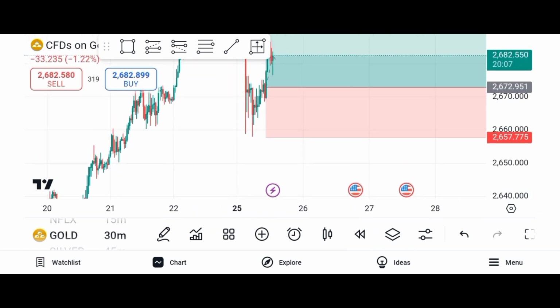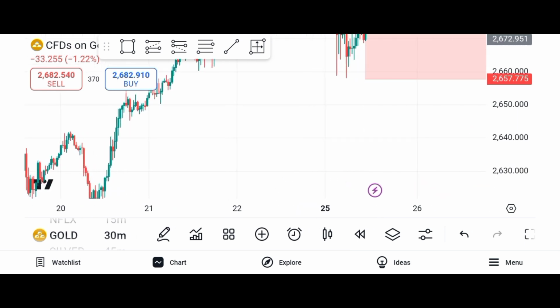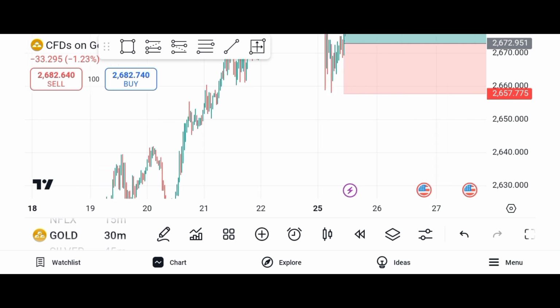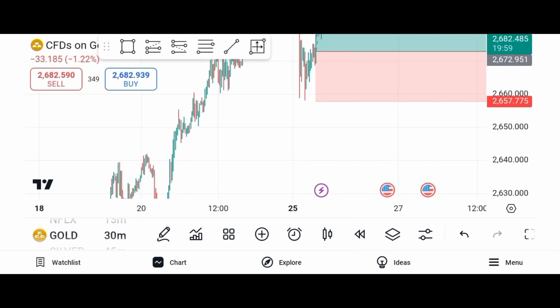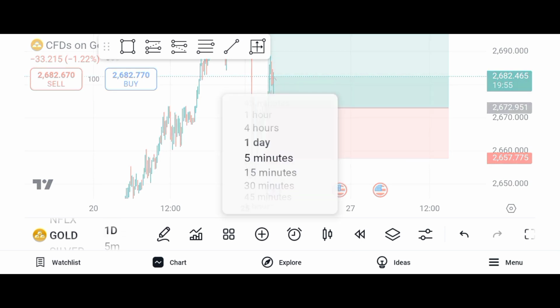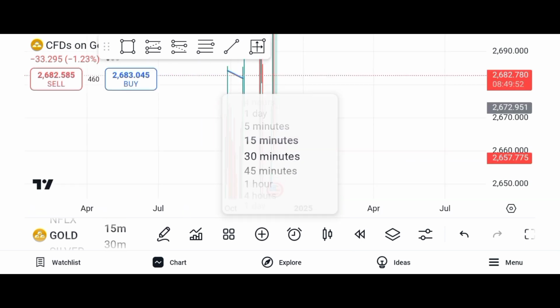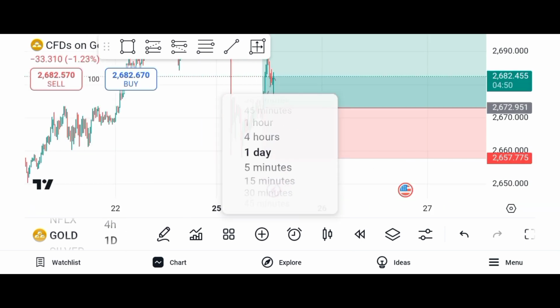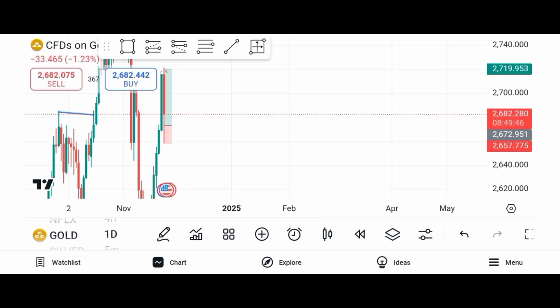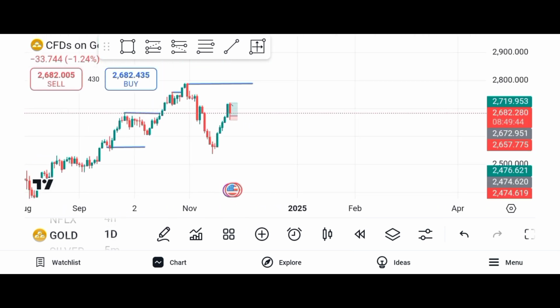So the very next thing you have to know is how to spot these fair value gaps. The very first thing you have to do when you know what a fair value gap is, is to understand what the market is doing, which is the need for top-down analysis. So first of all, you go to the daily time frame, and you can see right here on the daily time frame,